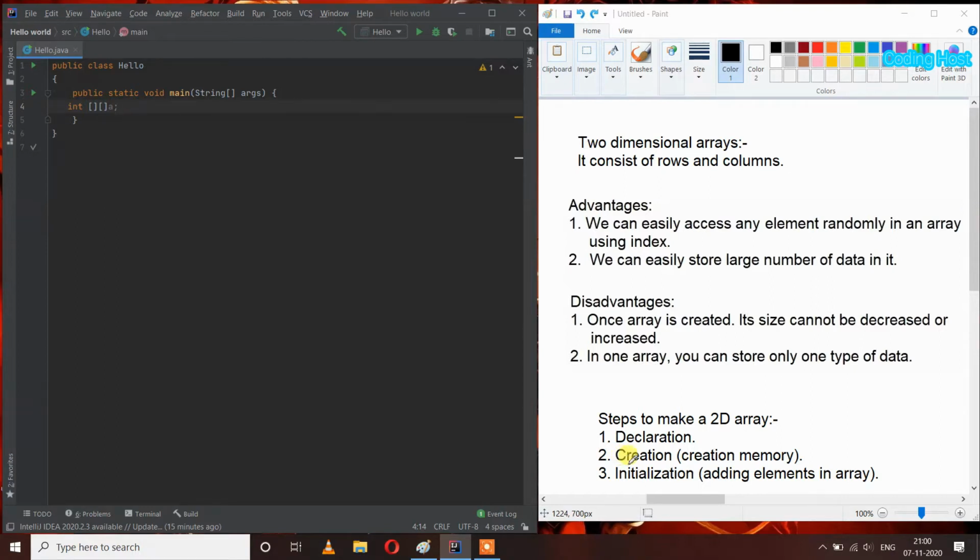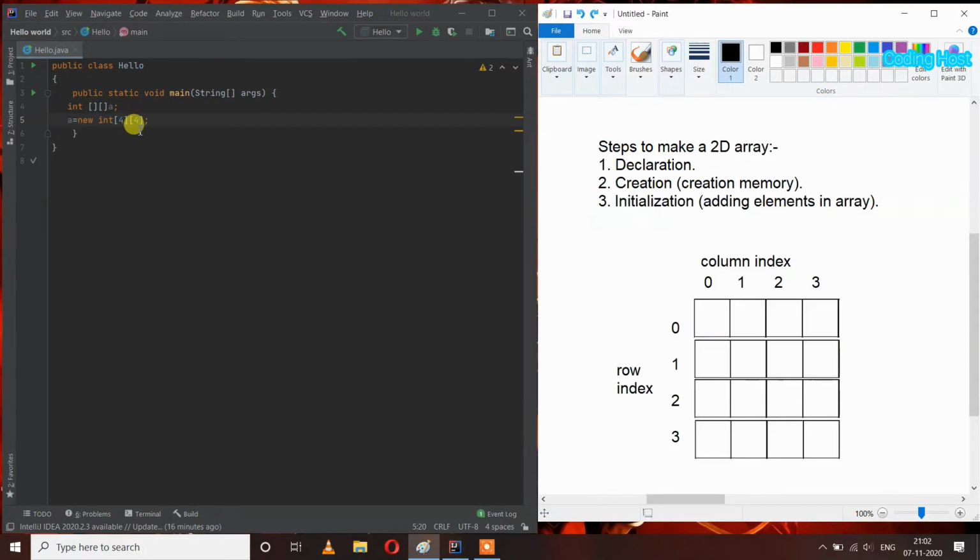Second step is creation. In this we have to create memory for this array. So I will write: a equal to new int, and in the square braces I will enter 4, and in the other square braces I will enter 4. The first square brace is for rows and the second square brace is for columns.